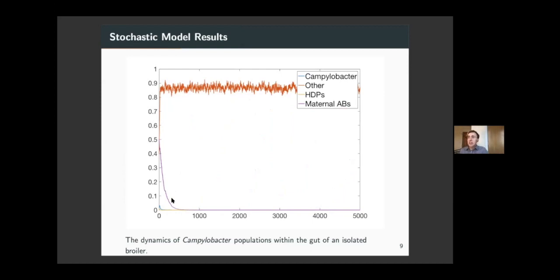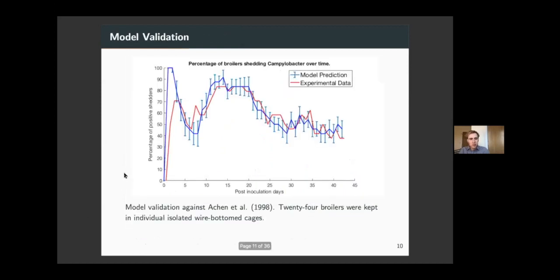And so we can test this out as well against the data we see in the field. So this is all chickens kept by themselves here. And I've got some great data from this great 98 paper by Akon et al., where they get a flock of chickens all kept isolated. They're all inoculated with Campylobacter at the point of hatch, much like the trials we've just shown here. And we see a really good fit for what happens here.